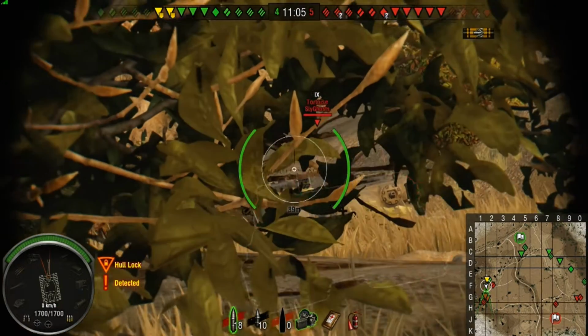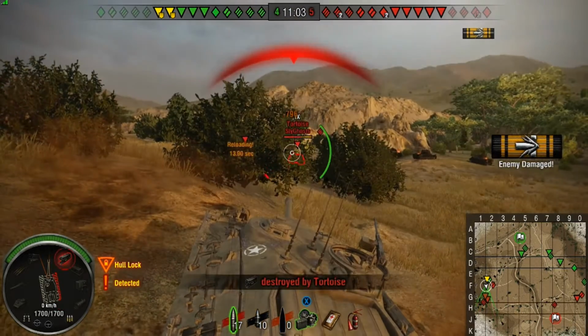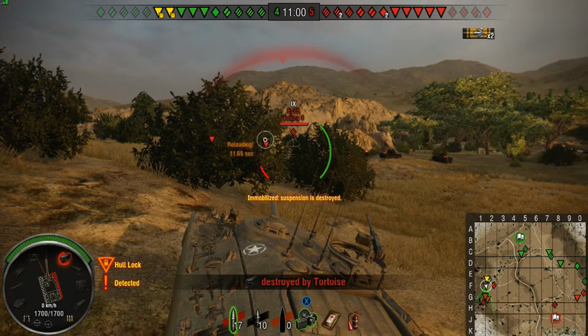Come on. Get in a position where I can shoot the Tortoise. 796 right through his cupola. That's pretty much a...